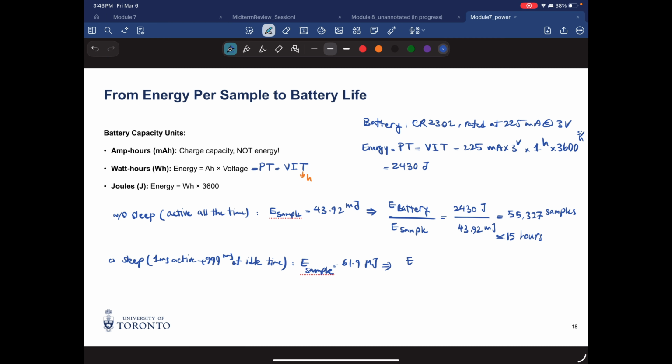Now let's see how much sampling we can do with this level of energy for every sample. So that's 2430 over 61.9 multiplied by 10 to the power of 6, over 3600. That's about 10,904